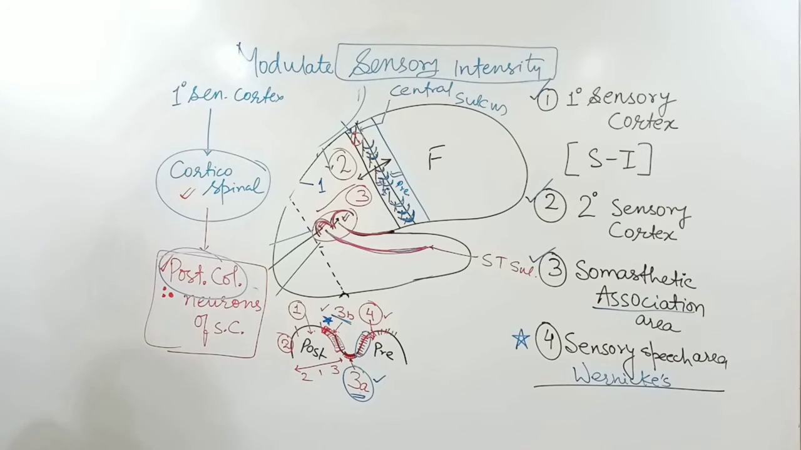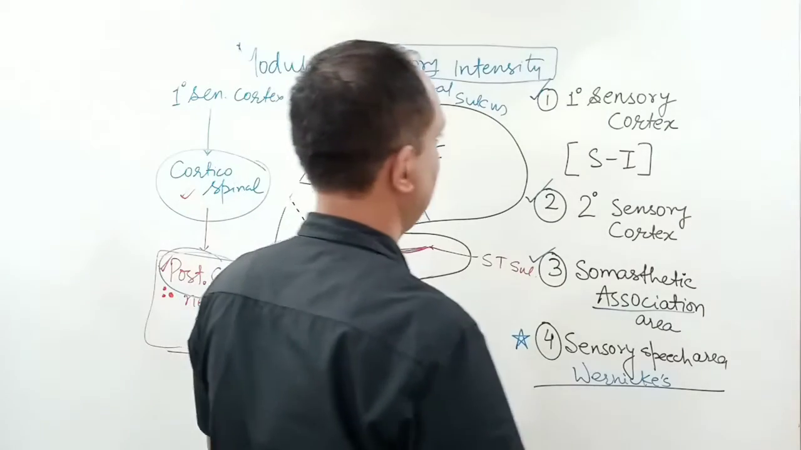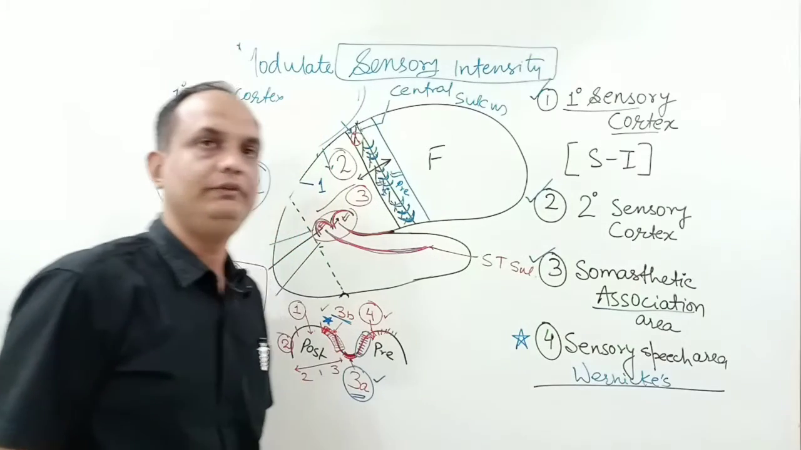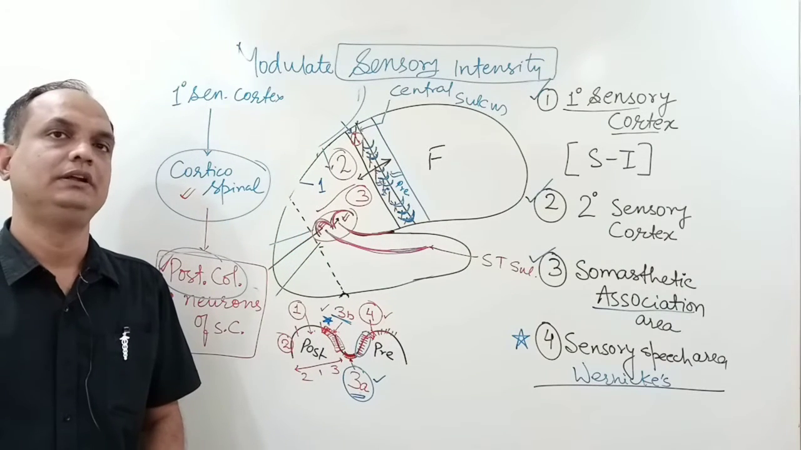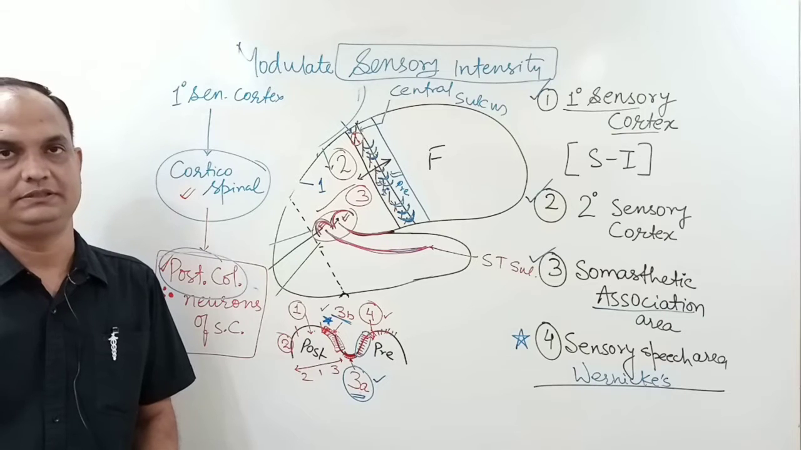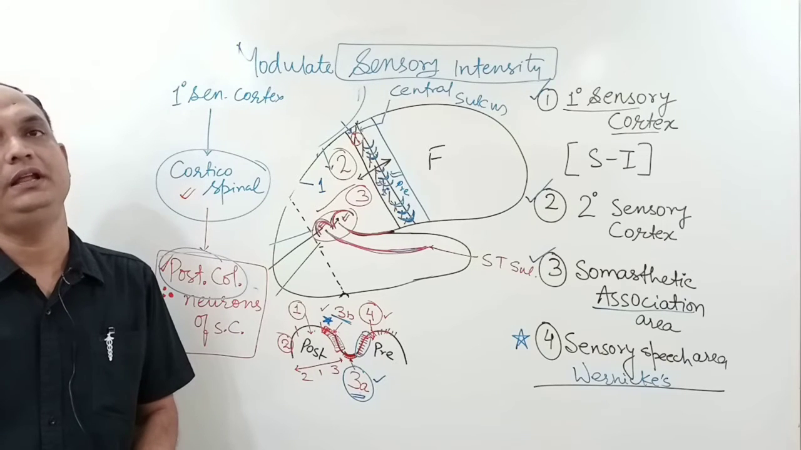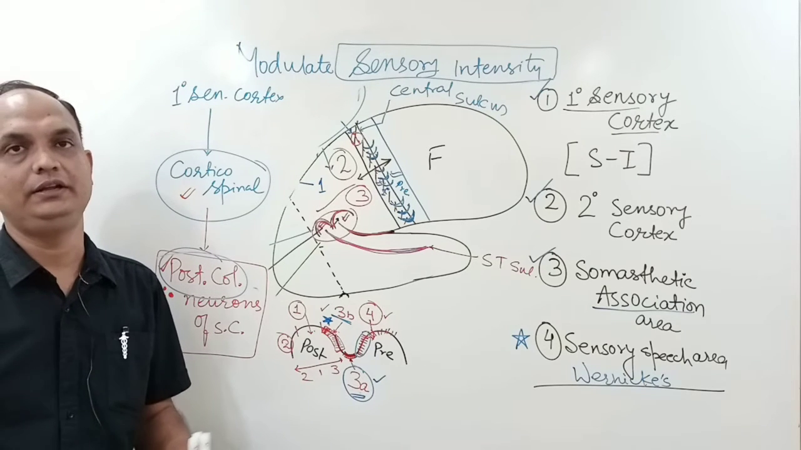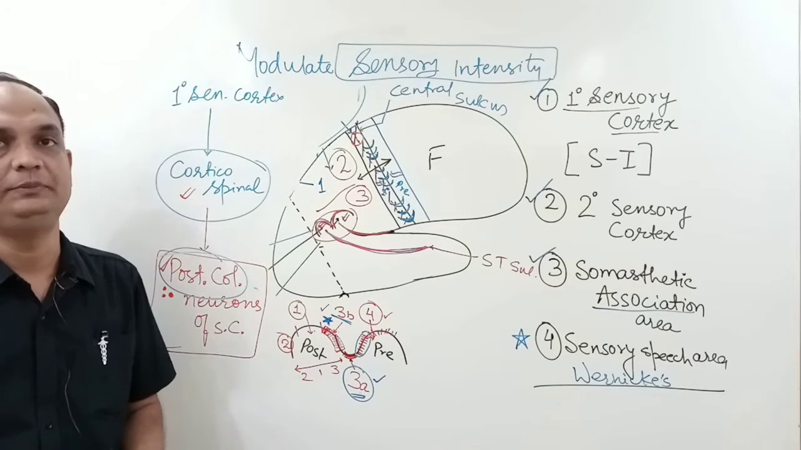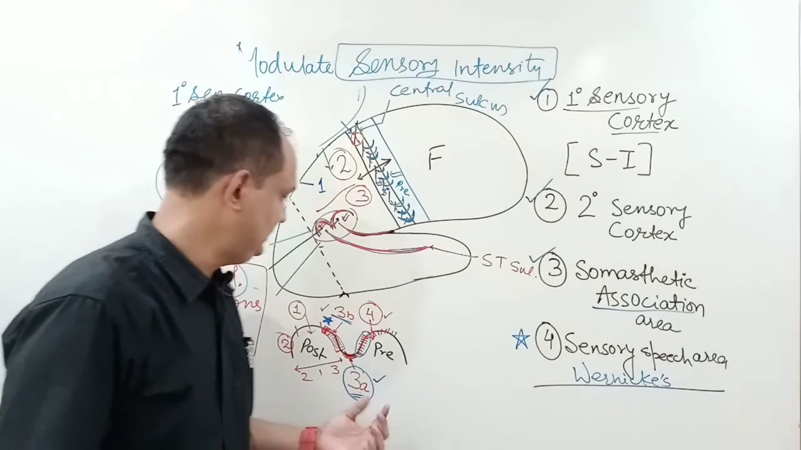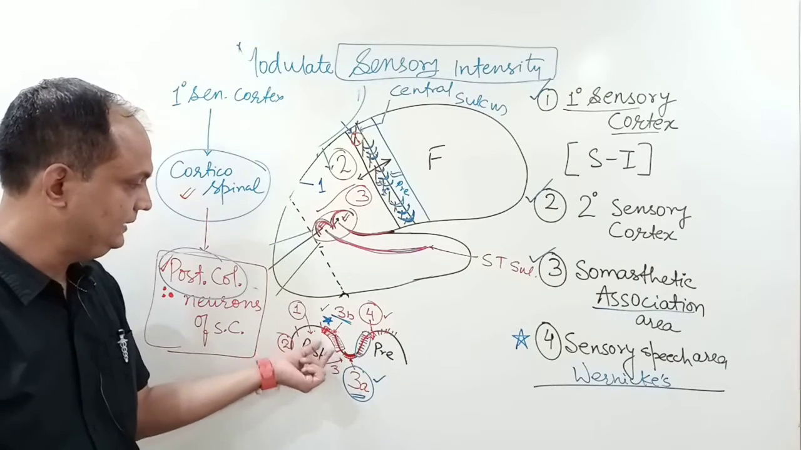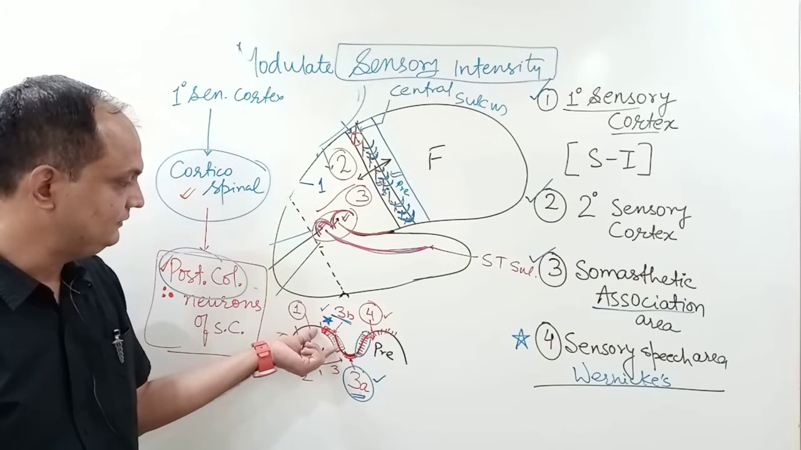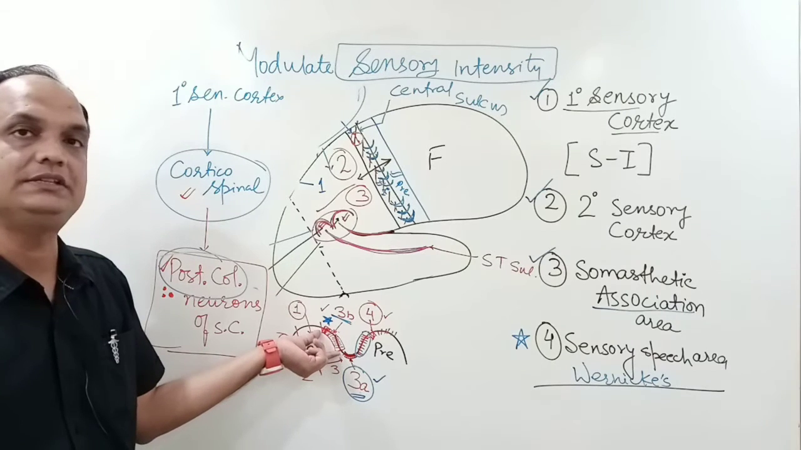So what are the important functions of the primary sensory cortex? The primary sensory cortex is the chief area where you will have the interpretation of your exteroceptive and proprioceptive sensations. Exteroceptive like pain, touch, temperature, pressure, and proprioception like the position of your joint, which comes from the muscle spindle. Now if you see the areas 3A and 3B, this 3A is mainly concerned with the joint position